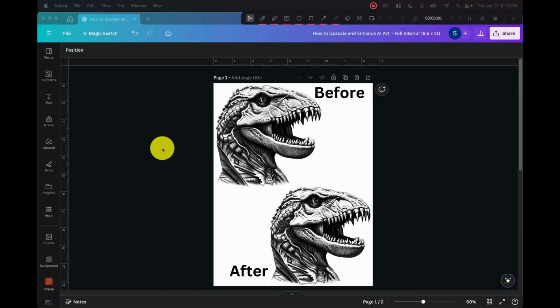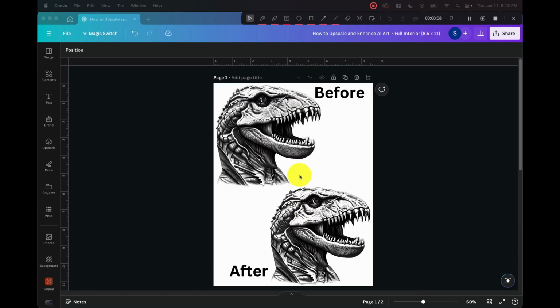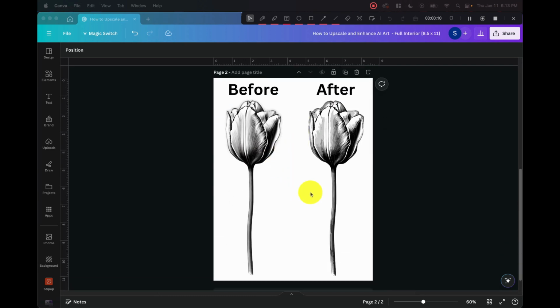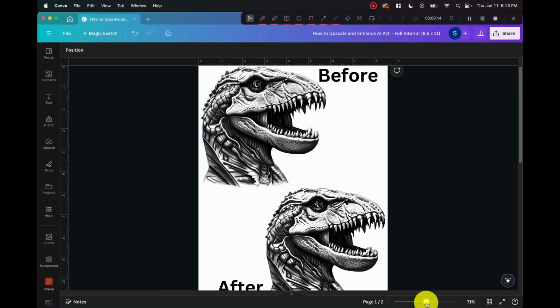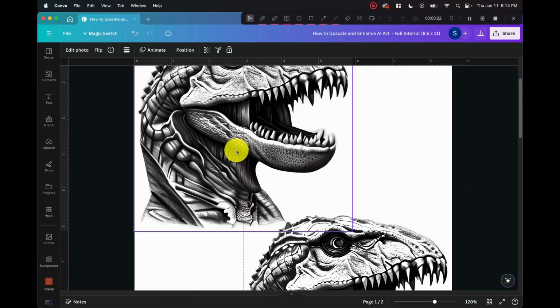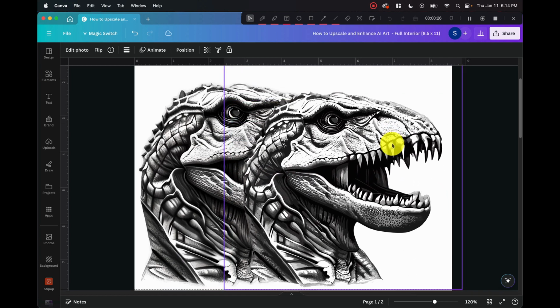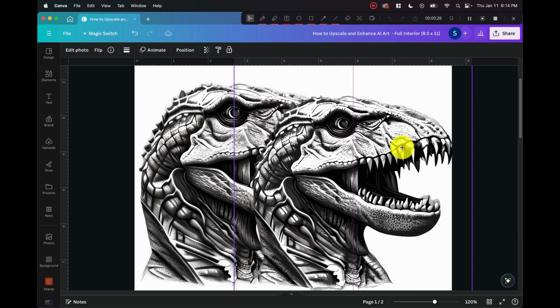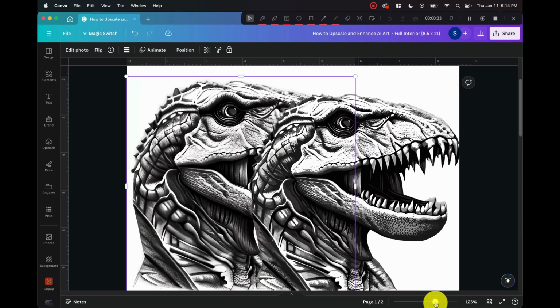and then go back into Canva. Okay, so here it is, the before and after on Canva. As you can see, the before is on top and the after is on the bottom. I did it with the T-Rex as well as the tulip. And I just want to zoom in on Canva and show you the difference. So the top one is the old one, and then the one that I'm moving right now is the new one. So if I put it side by side, because this is the best way that I can show you, and then we zoom in,